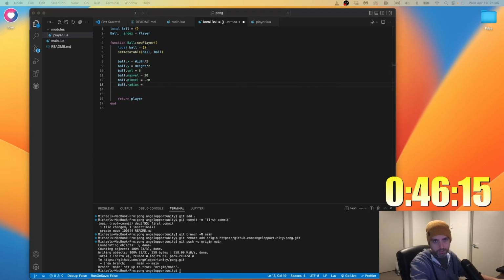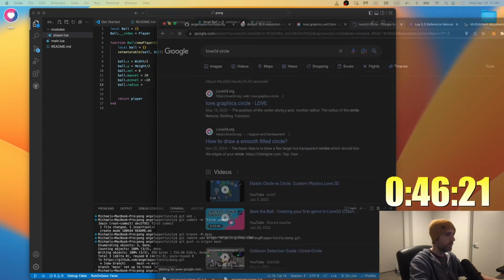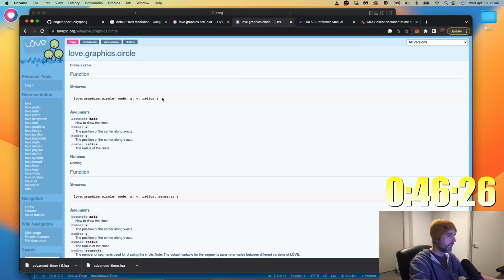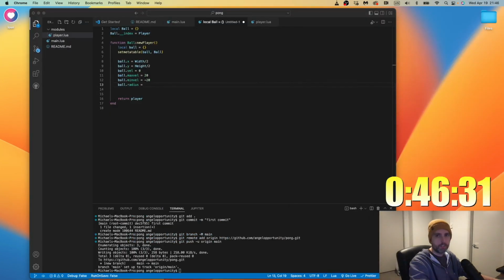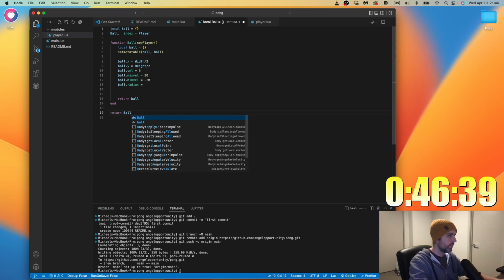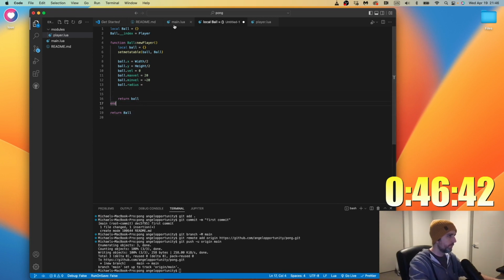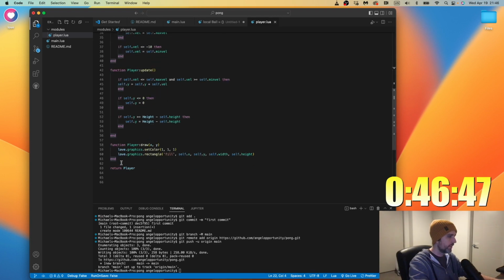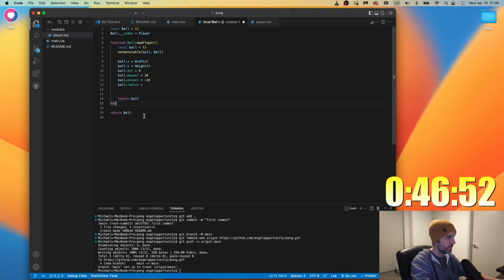So let me look up the documentation for circle. Mode, XY, radius. Okay. So we're going to, again, copy from here, because I didn't realize how similar these balls and players were going to be, but they're quite similar.